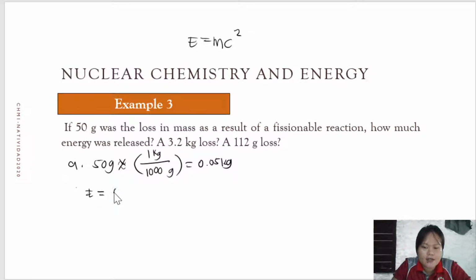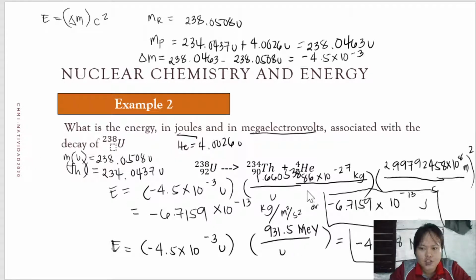Okay, so we have M as 0.05. Kumbaga parang given na yung delta M. Okay, so since sinabi na niya kung ilan yung nawala na mass, so 0.05 kilogram. Okay, and we would use the formula, the constant of energy of speed of light,